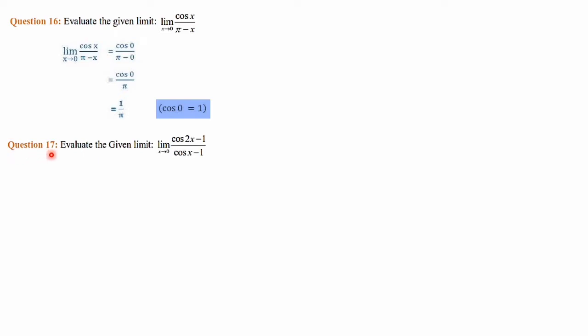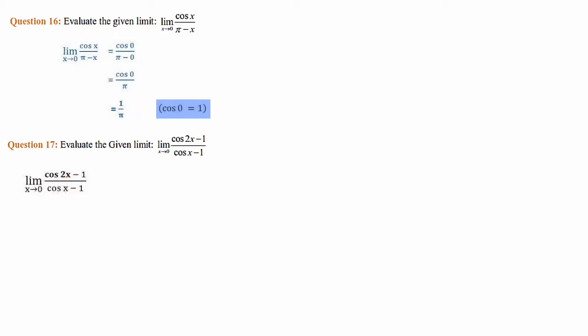Move on to question number 17. Evaluate the given limit x tends to 0, cos 2x minus 1 divided by cos x minus 1. Here a little bit of calculation we have to do. Cos 2x we have to substitute. We know the formula of cos 2 theta. So limit x tends to 0 cos 2x minus 1 divided by cos x minus 1 is equal to cos